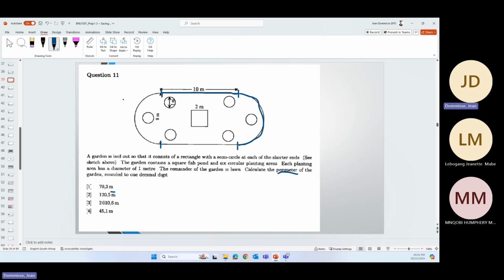That is that part of the half circle. So that is what we want to find out. So we know, if I look at this,